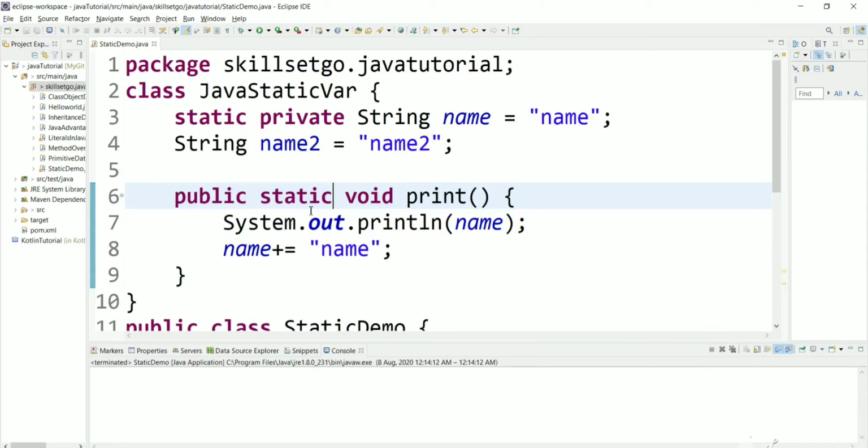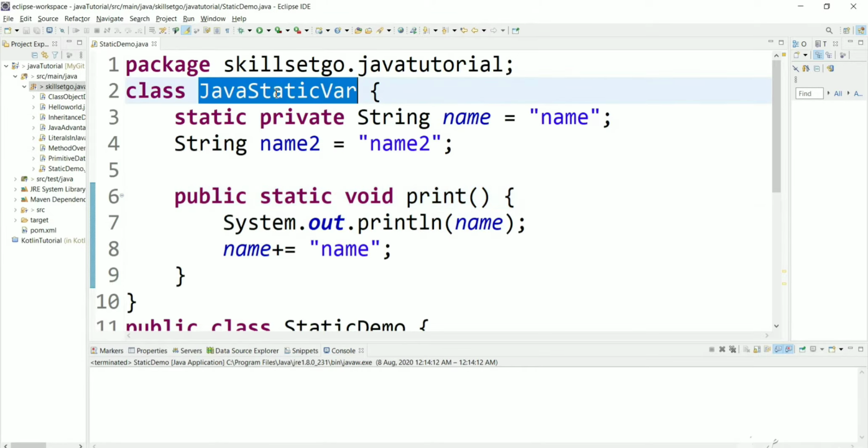In the last video we saw what a static variable is, and in this video we will see what static methods are. What are static methods in Java? Static methods are nothing but class-level methods. They are specific to the class and not the object, and they can be accessed using an object of the class, or without an object, directly using the class name.